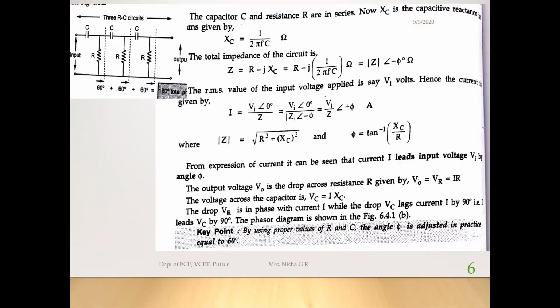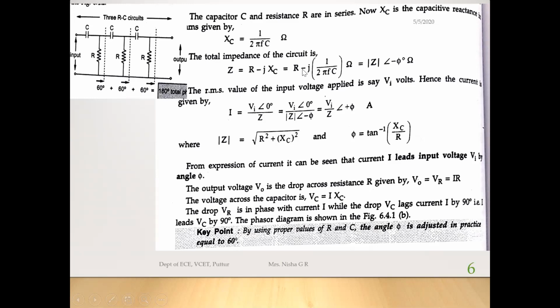See, single stage of RC. 3 stages are there in the feedback. So single stage of RC means it is going to produce 60-degree phase shift. Actually, theoretically it is going to produce 90-degree phase shift. So how is that possible? See, if I take a single RC network, what is the impedance of that? Impedance is R minus j XC, because this is a capacitor. XC is the capacitive reactance, that is 1 divided by 2 pi fC, that many ohms. If I write the impedance in polar form, it is impedance at an angle minus phi.